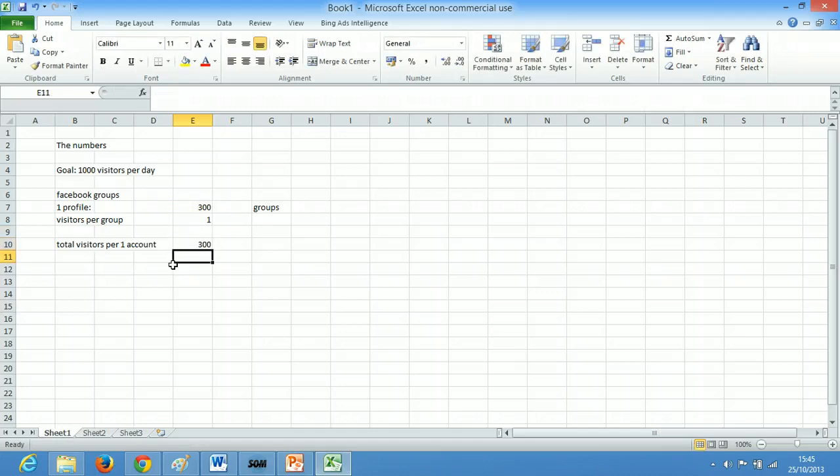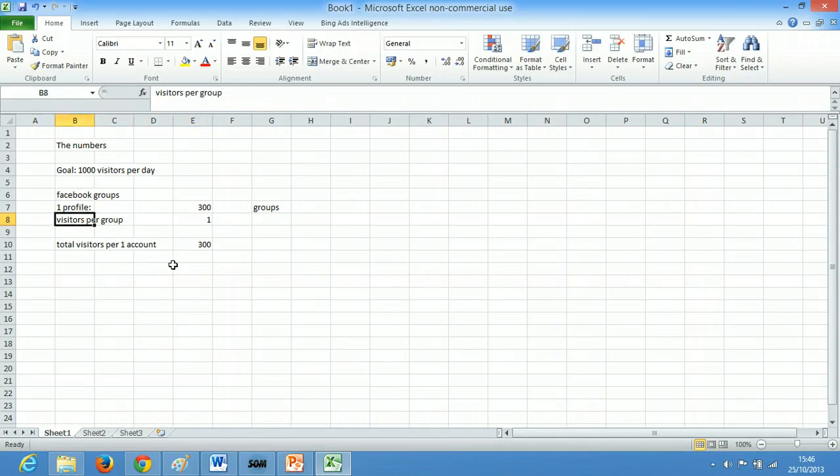Okay, so if we want to get 1,000 visitors, then we're going to have to get more than 1 visitor per group, okay? This is probably going to be possible if I write a very good blog post, with a very good title and a very good image when I post my link into the group. Maybe I can get 2, right? Or if I'm very lucky, maybe I can get 3. Probably I don't think you're going to have these results. My results are probably 1.5, something like this, okay?